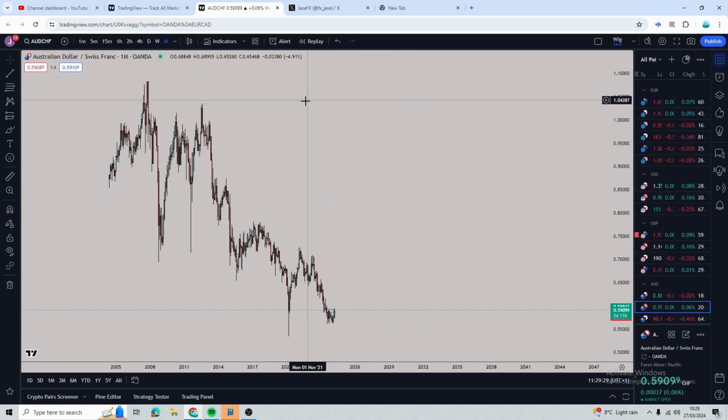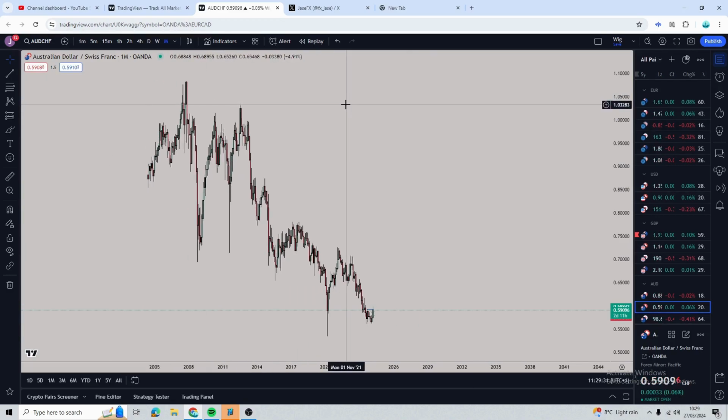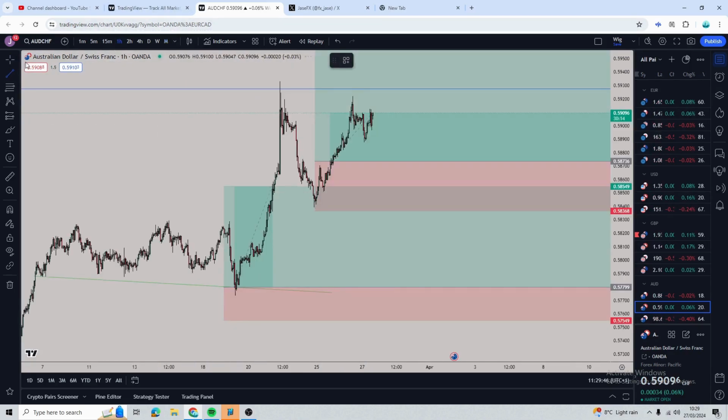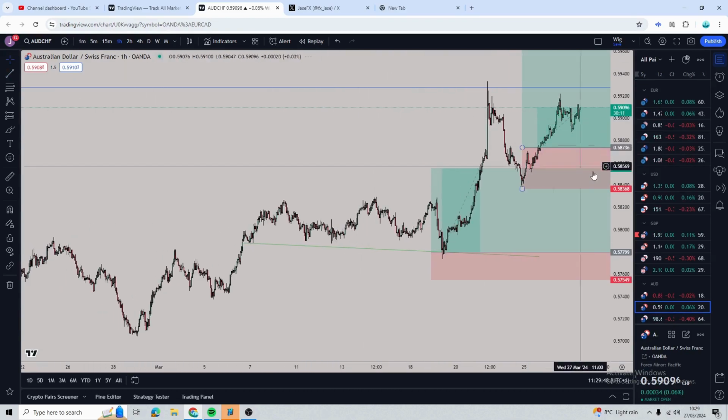So I wanted to talk about some trades that I've placed on TradingView, basically just ghost trades, not actual trades. Some of them I've placed on my FTMO account, but basically just talking through my strategy. So it's completely based on price action and just the psychology of the market. Yeah, what I do is I always start on the hour time frame. So when I'm on the hour time frame,